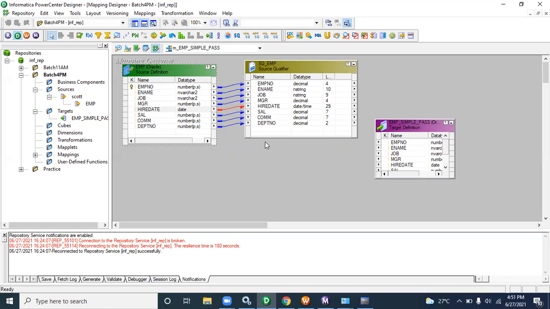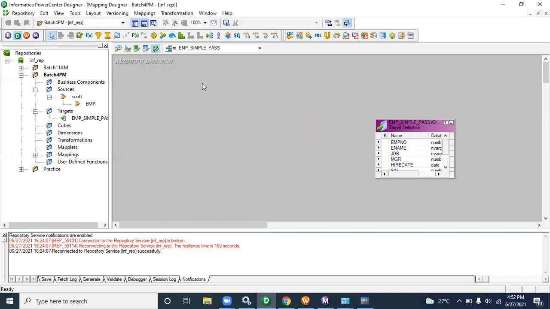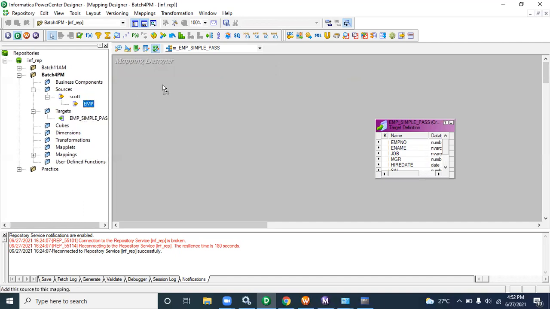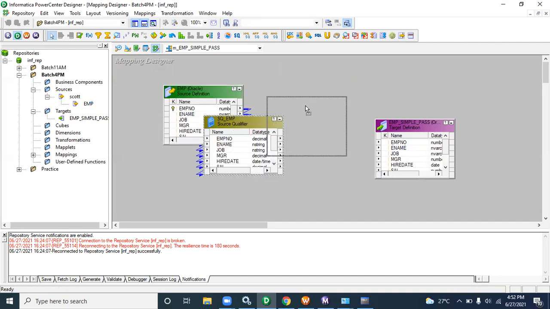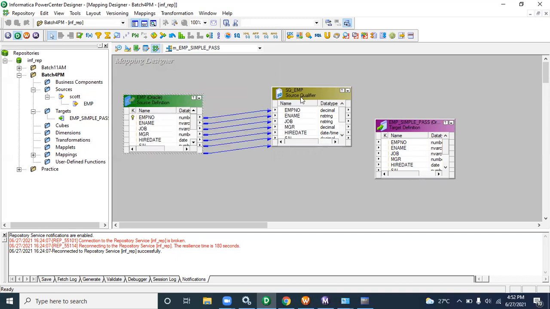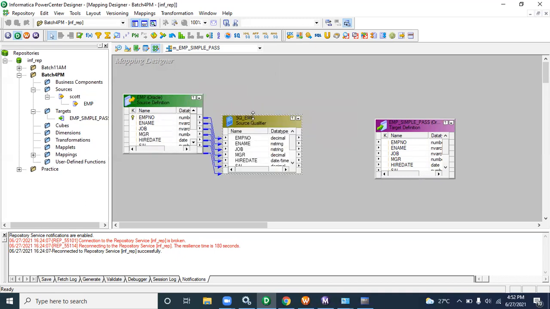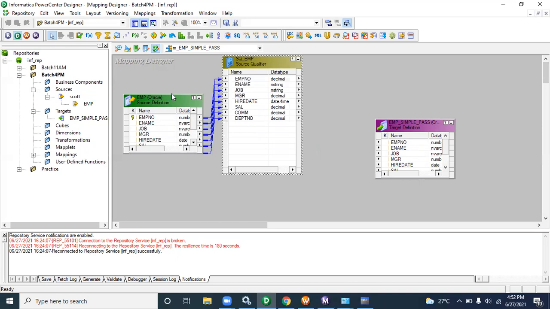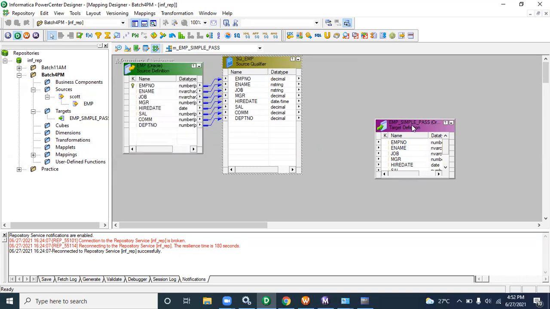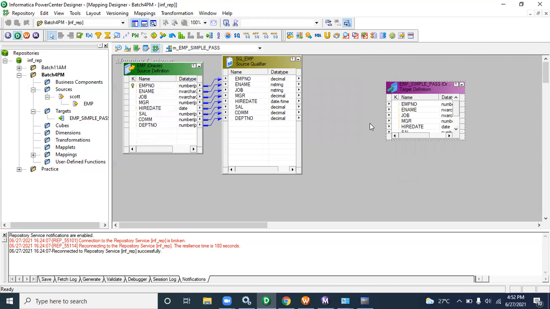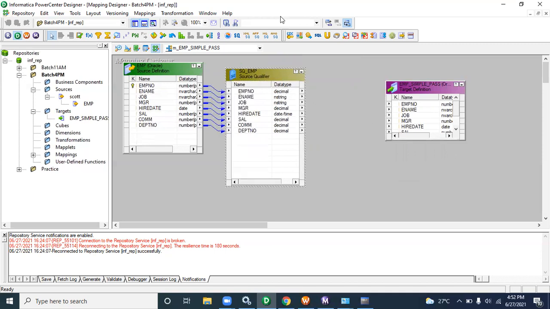This data type is automatically taken care of by Informatica. So when you drag any sources, let me drag again, when you drag any sources, the source qualifier will come automatically. No need to worry. This data type conversion is taken care of by Informatica itself. So no need to do explicit database data type conversion, each and everything.